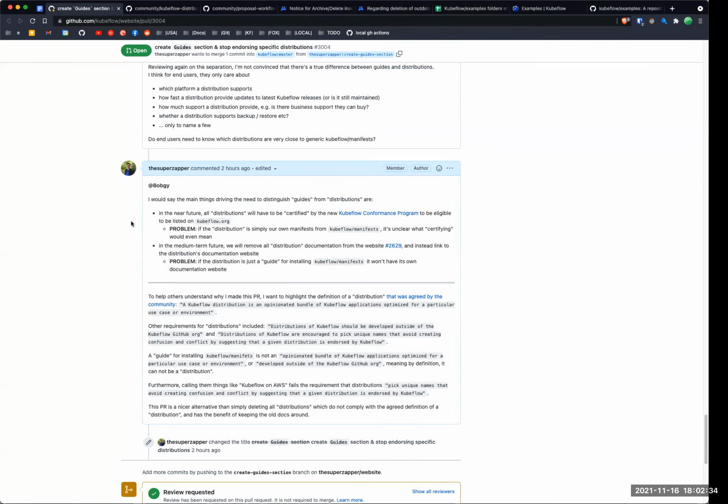I think the simplest would have been, rather than confusing, call out things for what they are. Like, these are guides to deploy Kubeflow on AWS, deploy Kubeflow on Google Cloud. That's fine. And then this is a package distribution where, if you buy it from vendor XYZ, this is their packaged product. Everyone in the tech industry is smart enough to understand the difference. Are we like kids who cannot understand that there are instructions to deploy something on cloud versus a packaged product which someone is selling?